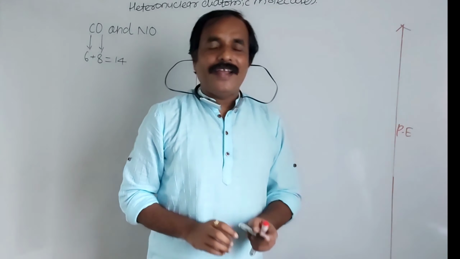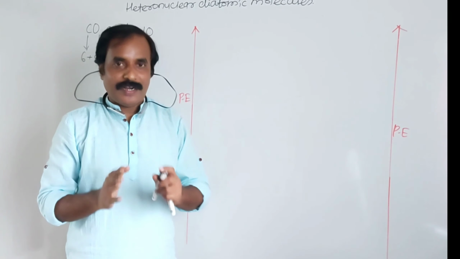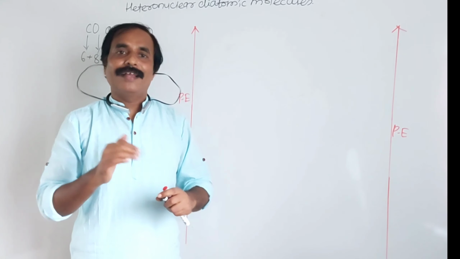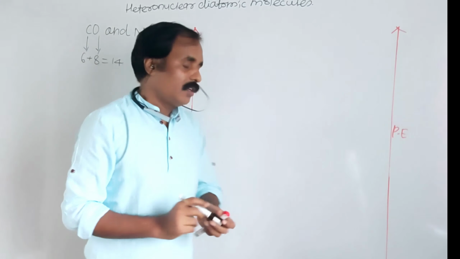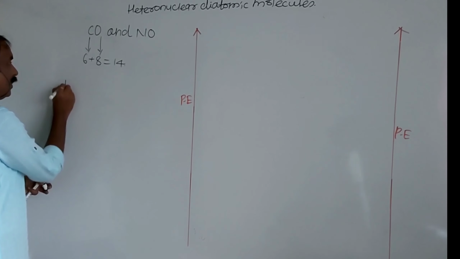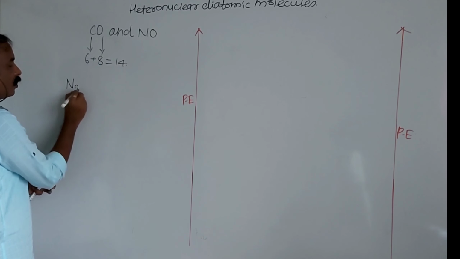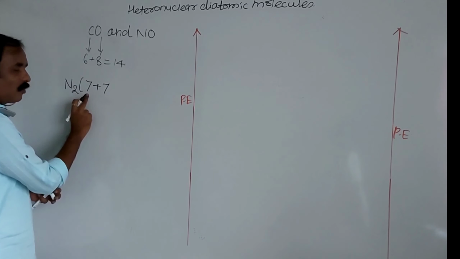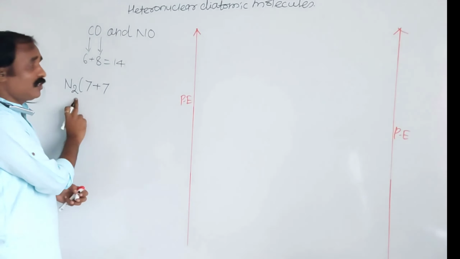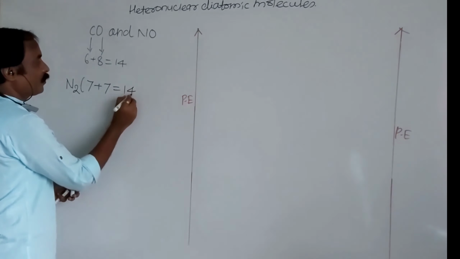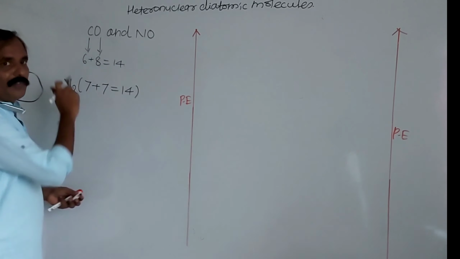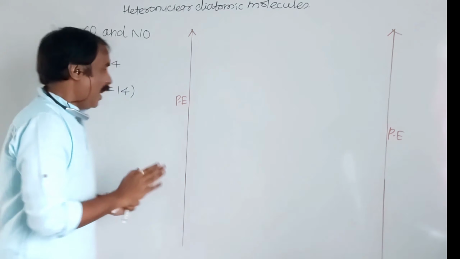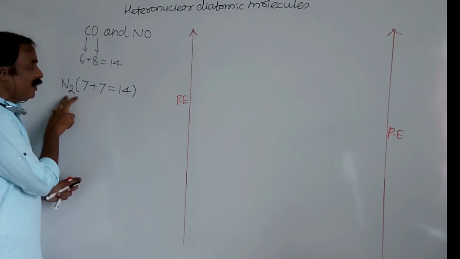What is the borderline molecule? Nitrogen. Up to nitrogen, atomic number 7 or less than 7, light elements, and greater than 7, heavy elements. So what is the nitrogen molecule? That is N2. The addition of atomic numbers of these two, 7 plus 7, because 7 is the atomic number of nitrogen and here two nitrogen atoms are there, is 14. And the addition of atomic numbers of carbon and oxygen in carbon monoxide is equal to the addition of atomic numbers of these two nitrogen atoms.